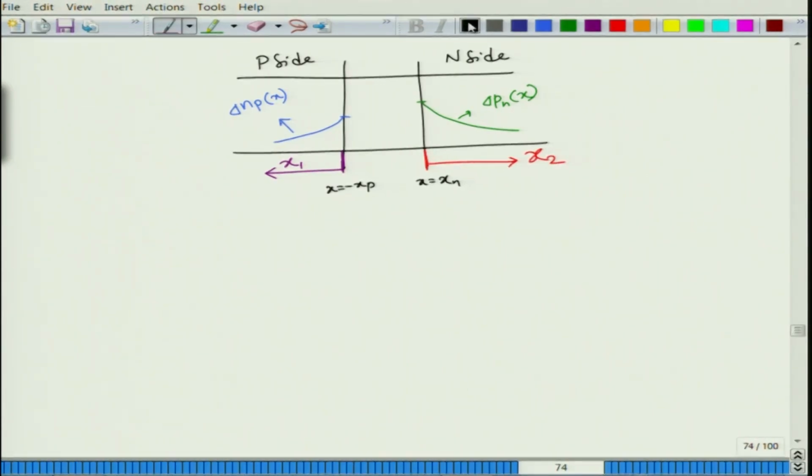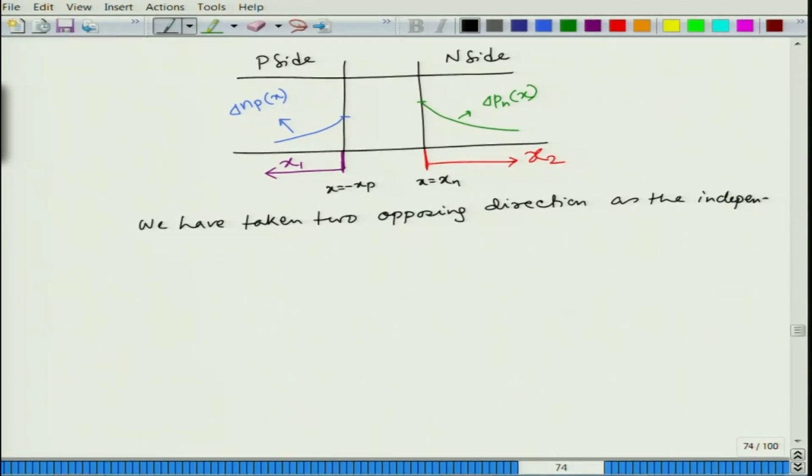So, this is just to ensure that we have taken two opposing directions as the independent coordinate to analyze